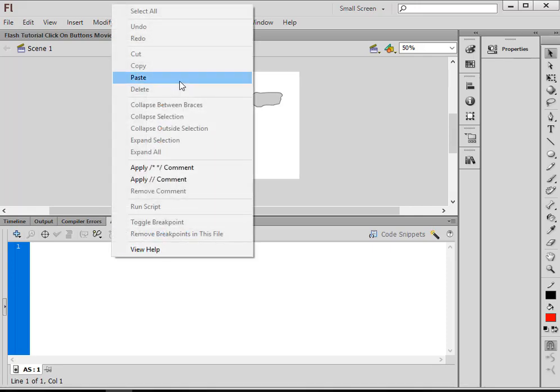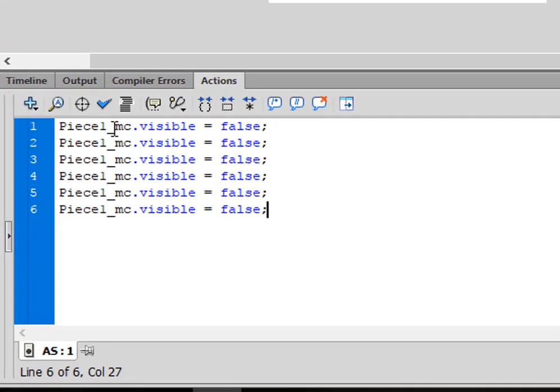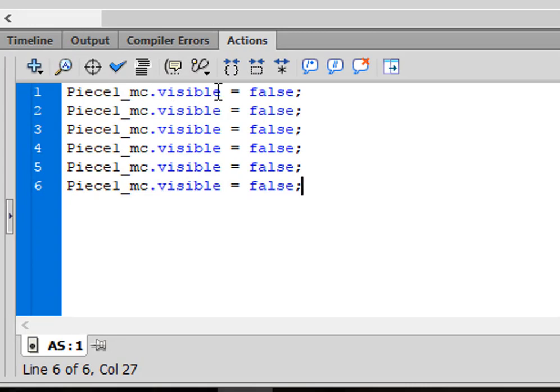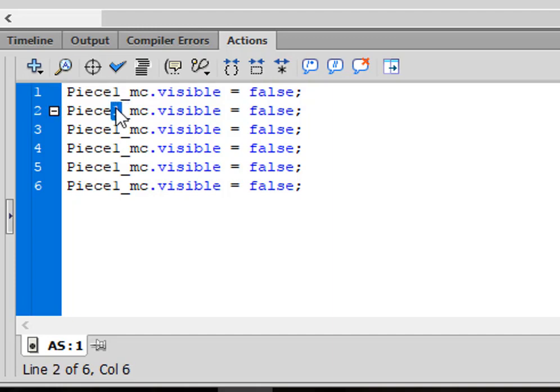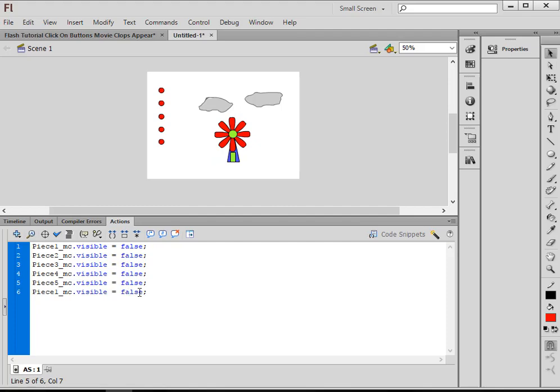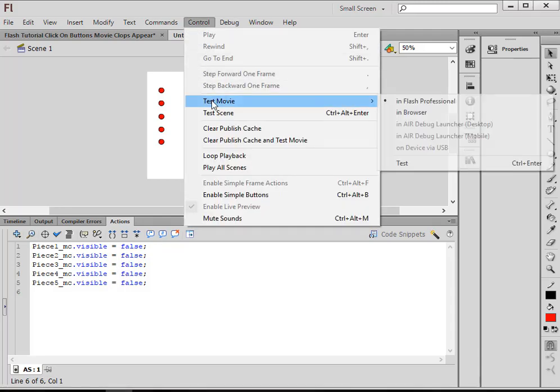Type. Piece 1 underscore MC period visible, VISIBLE turns blue, equals false, FALSE turns blue, semicolon. Copy it, paste it, make this piece number 2, make this piece number 3, make this piece number 4, make this piece number 5, and by copying and pasting we made our 5 pieces of our scene disappear. So let's check this out, make sure that's true,